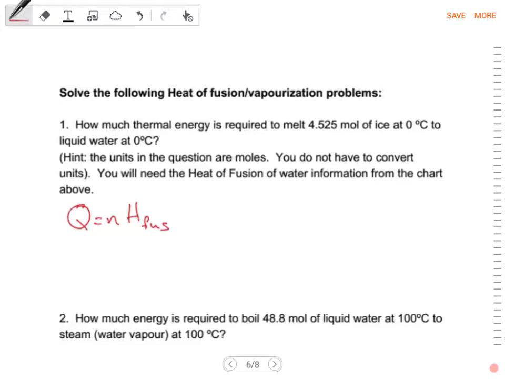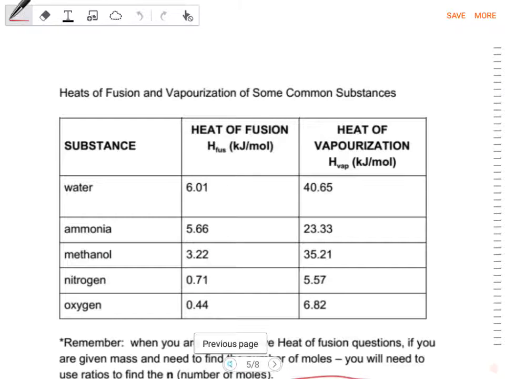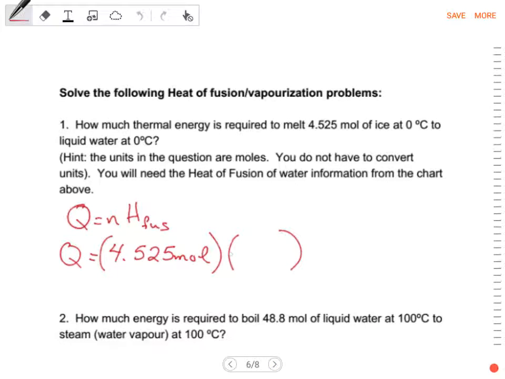Okay. This is a very straightforward question, and it's really nice because we almost have everything we need. We have the number of moles. It is 4.25 moles. All right. Now, what is our fusion value for when we melt water? So we're going to go back to our table. It's right there. 6.01 kilojoules per mole. That simply is going to be a multiplication question. And so I'm just going to plug this in here. That's going to give you